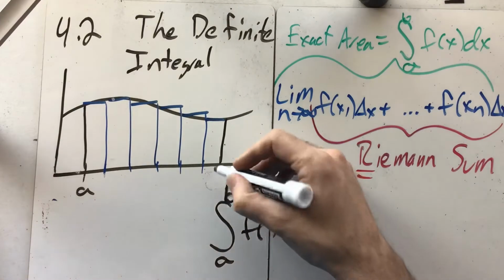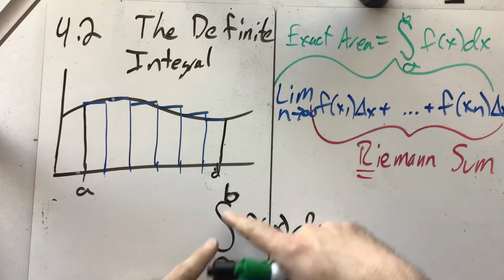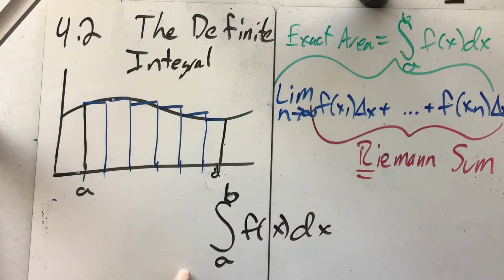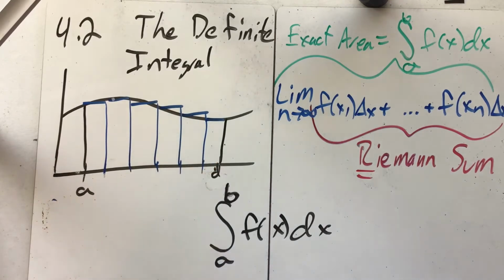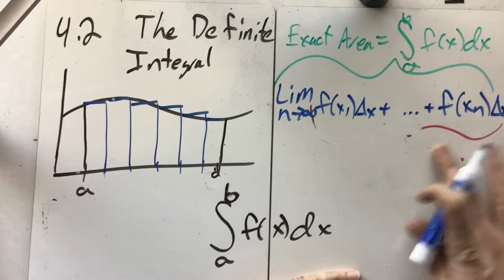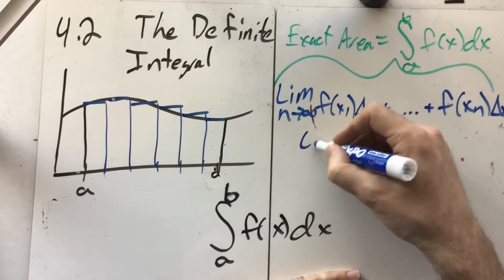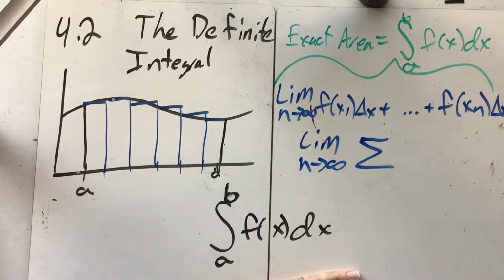So the integral has a bunch of pieces in it. The first is this funny kind of squiggly line. The squiggly line looks like an elongated S, and that makes a little bit of sense because if you notice, what we're doing is we're taking a sum of all of these areas. So if it looks like an S, that's great, and you should think of the word sum. And in fact, there's a connection because if I were to rewrite this Riemann sum, I could write it with a sigma,